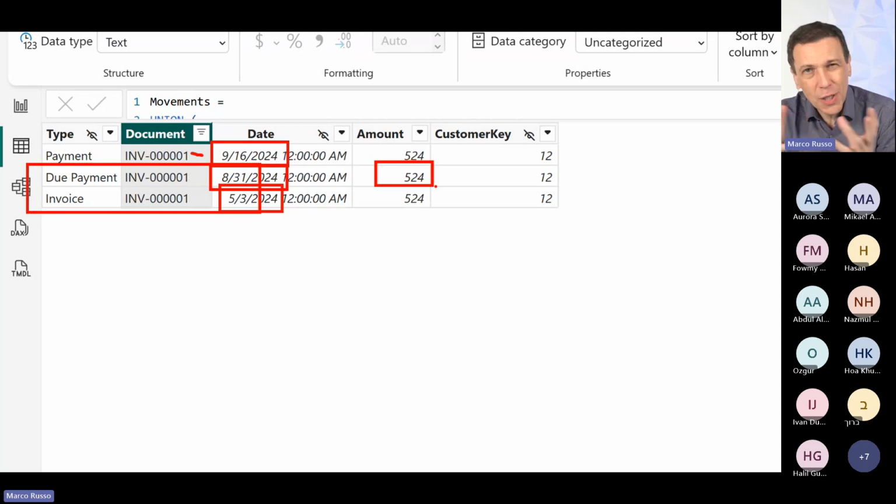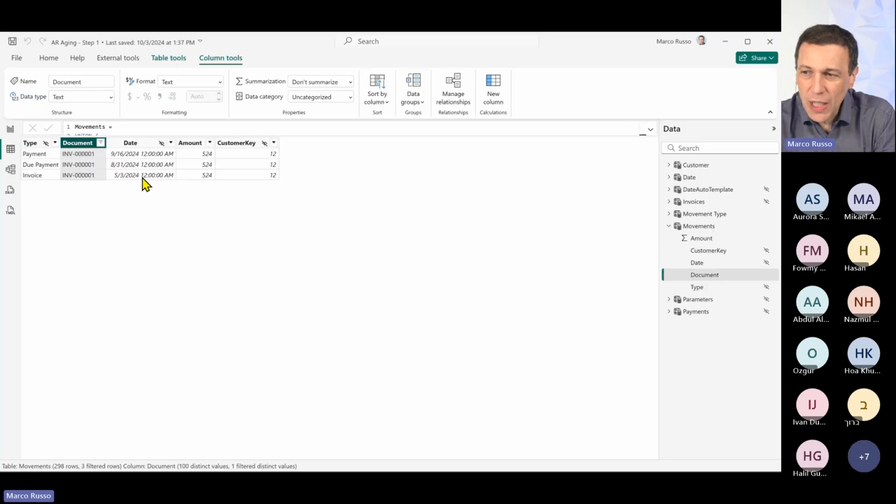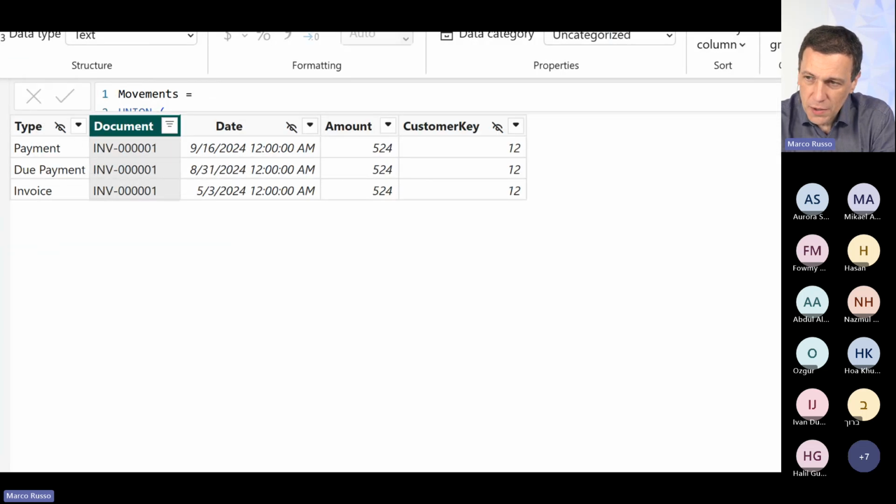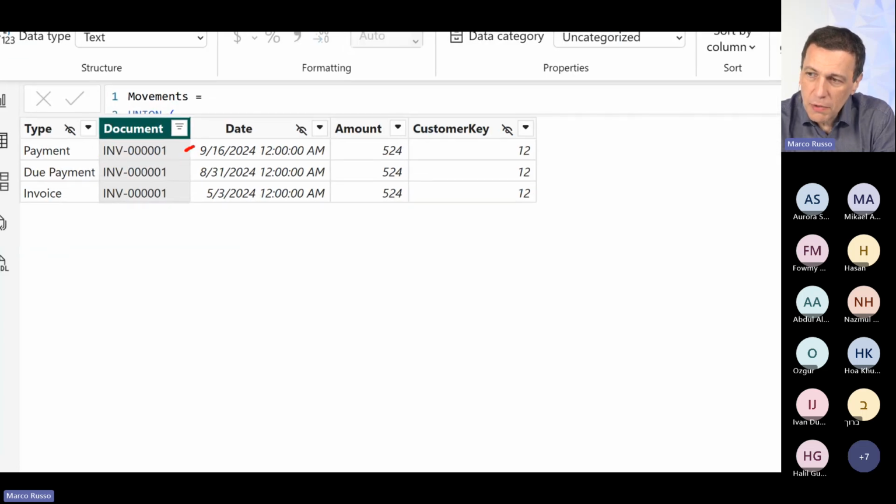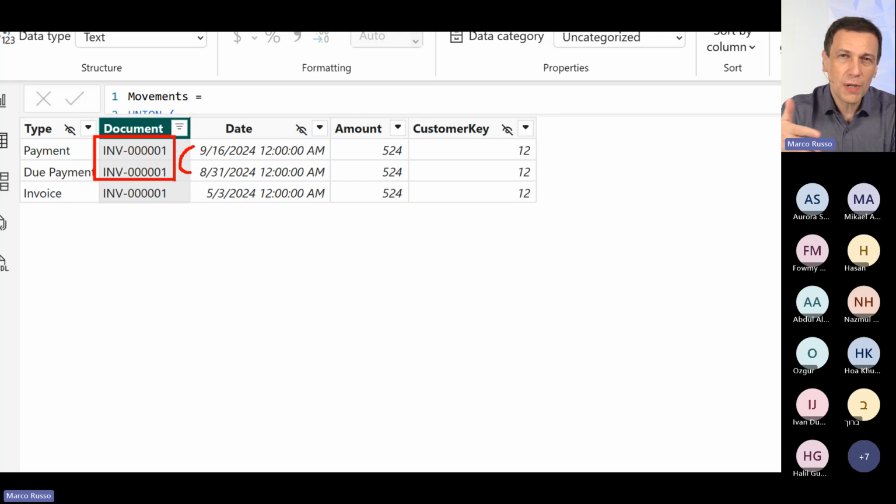But if you know DAX, you should know that computing the distance between two rows, where we want to measure the distance between two dates that are in two different rows in the same table connected by the same invoice document, the same document number, invoice 0001, is extremely difficult.